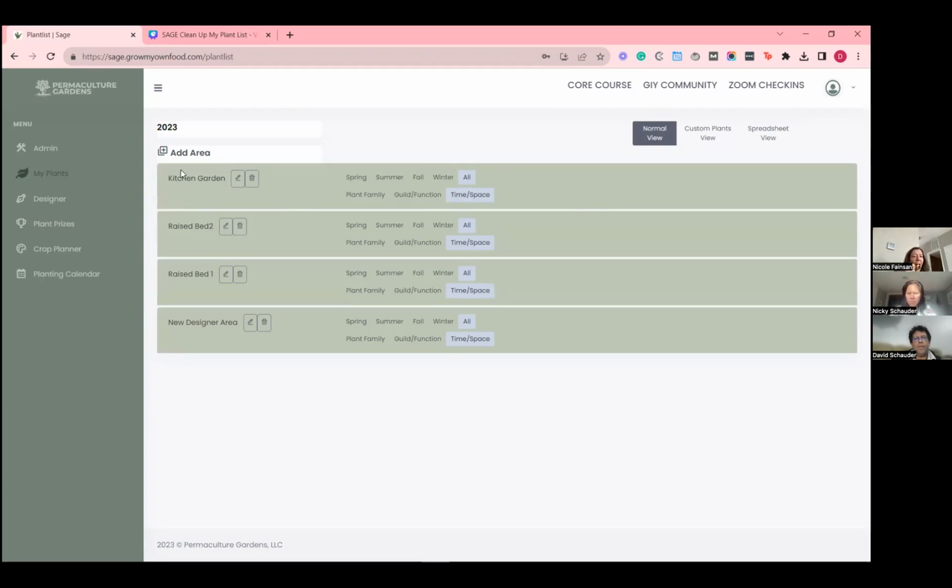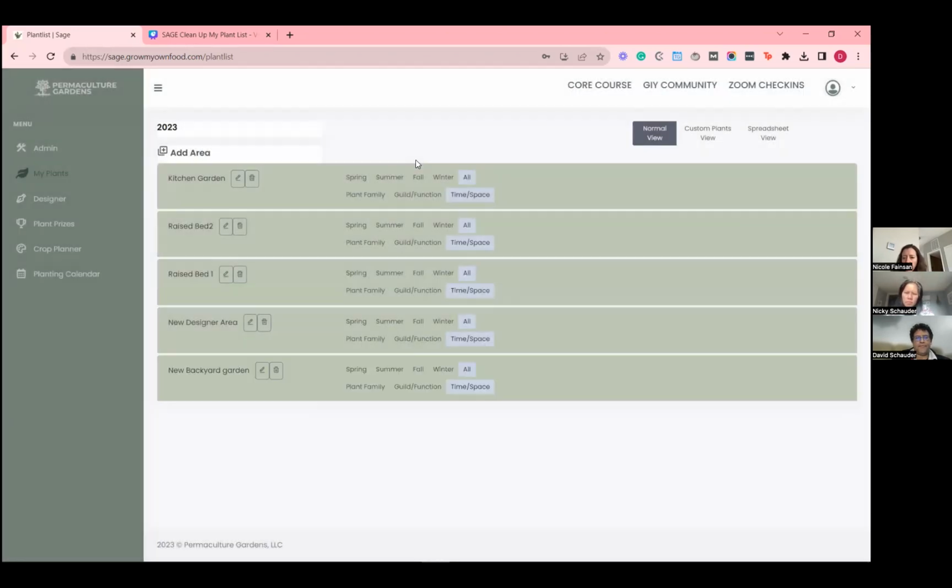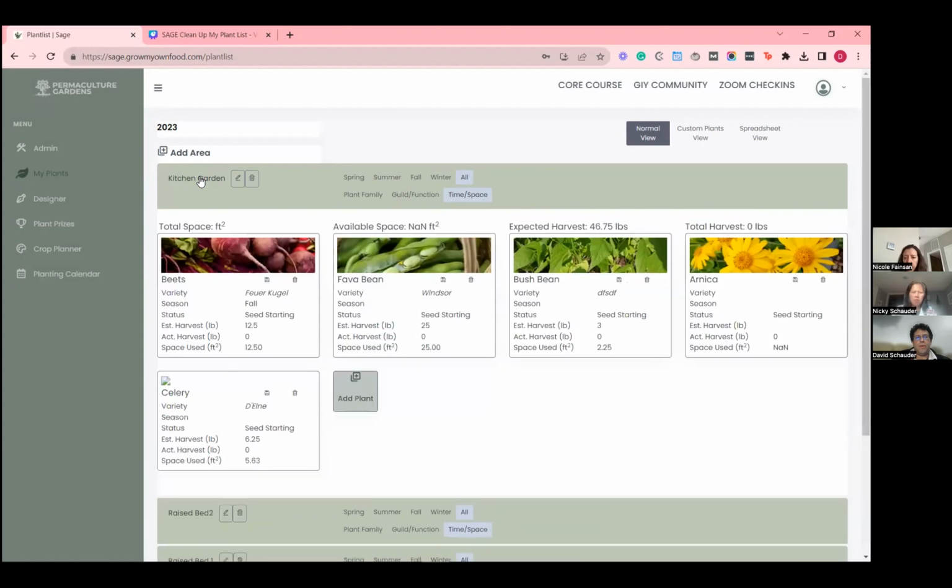If you want to add a new area, you can click here and add a new area. So it's going to be like new. And then it'll add a tab here. In order to see what's in that area, you click on the name of the area, and it expands to show you the plants that you kind of slated for